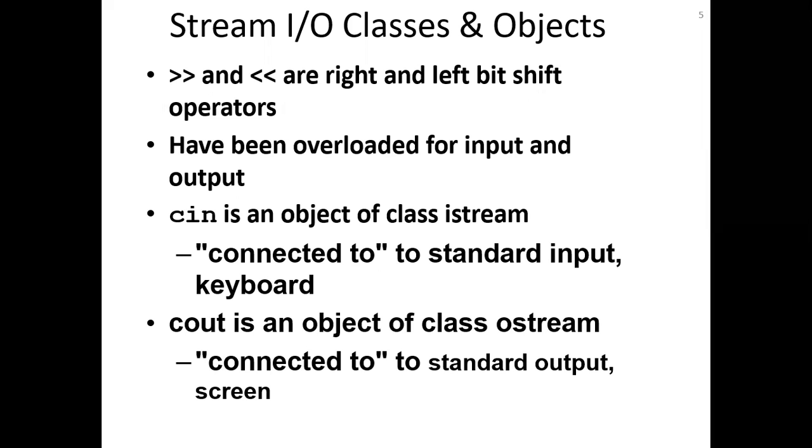Now, stream of input output class objects use the greater than sign or less than sign, two signs. They are actually bit shifting operators, shifting the bits right or left. But we are overloading them here for input and output. With cin we are overloading the right bit shift operator, and for cout we are overloading the left bit shift operator. In the polymorphism chapter, we will see what overloading is.